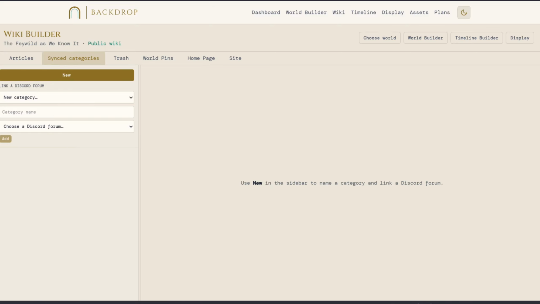Going to try to do this one quick. Backdrop 1.9. We have now added a few things. First is synced categories. A synced category is going to be a category that syncs from Discord instead of syncing to Discord. The main reason for this is